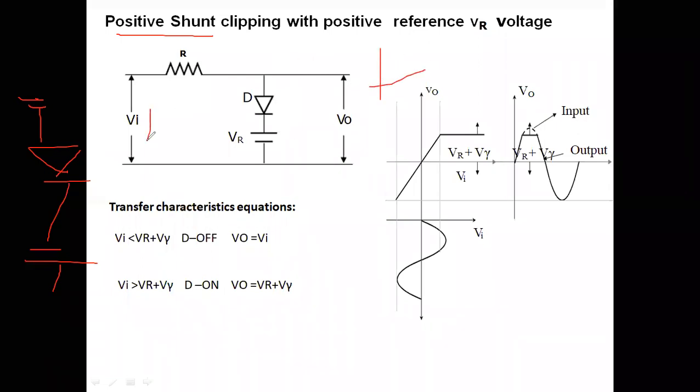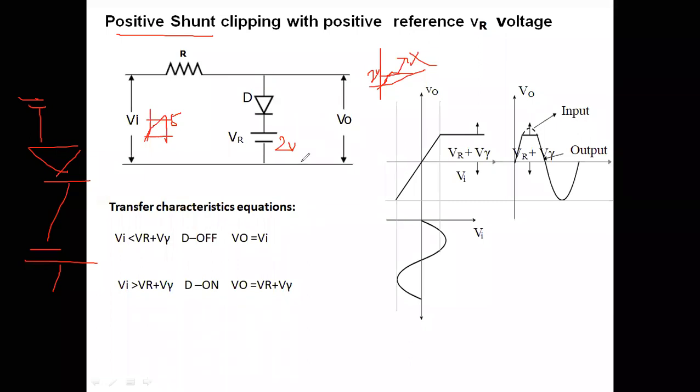That means if we are applying a voltage, say some peak to peak, positive, we may have 5 volts. If we apply 2 volts here, the reference voltage is 2 volts. That means your output will go up to 2 volts, and anything greater than 2 volts will be cut down. Up to this reference voltage will be allowed to the output.